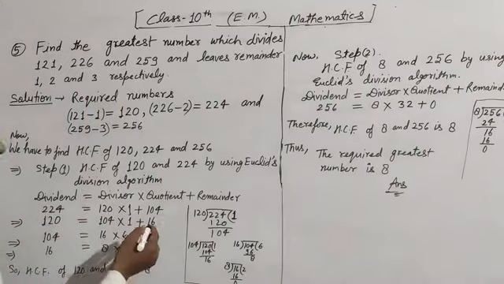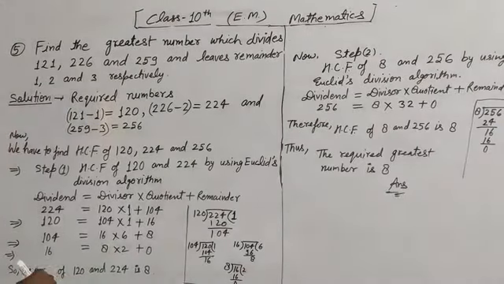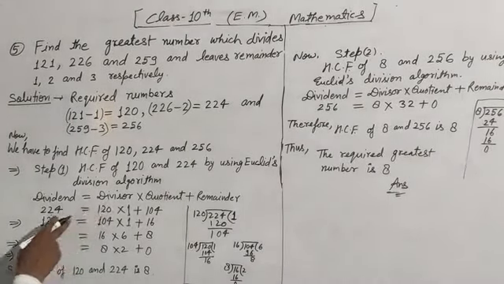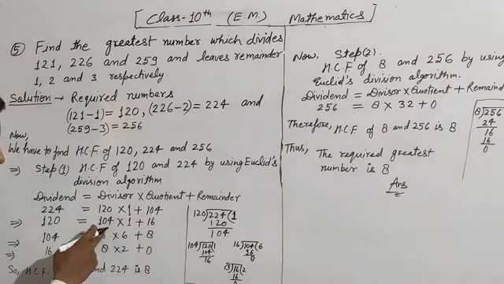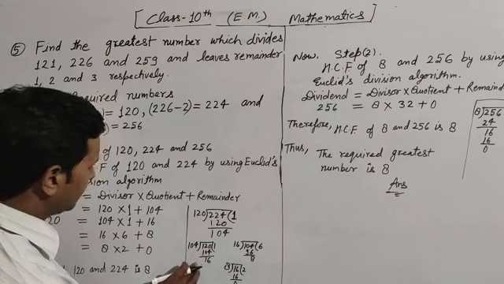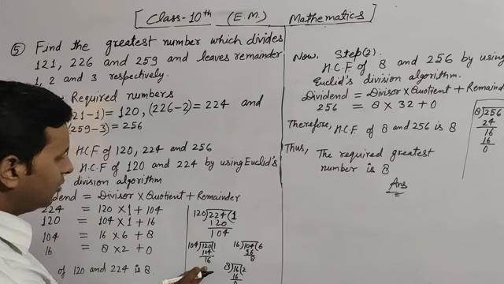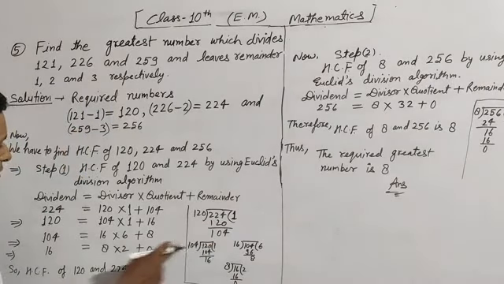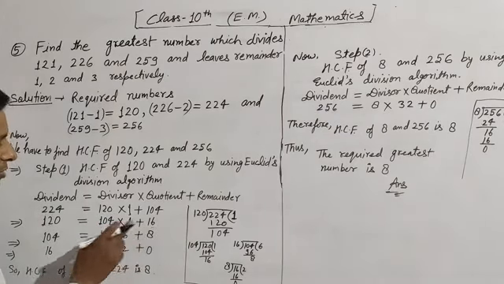So now the remainder will be the divisor. Means 2 things we remember here: 120 will be dividend and 104, which was remainder in first step, will be divisor. Now divisor is given, dividend is given. We have to find quotient and remainder. How much is the quotient? See here, 1 times 104 is 104 and we get here 16. Remainder is 16, quotient is 1. We can put here 120 equals 104 into 1 plus remainder 16.